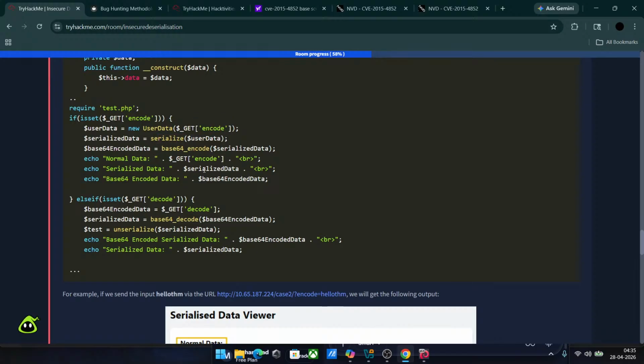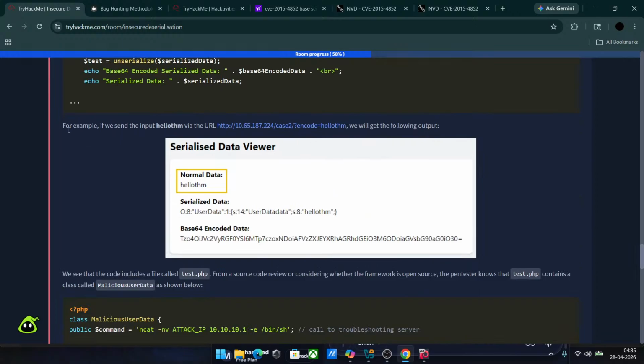Here is the unserialize. Here it is. Here it's serialized and here it's unserialized. For example, if we send hello THM in this